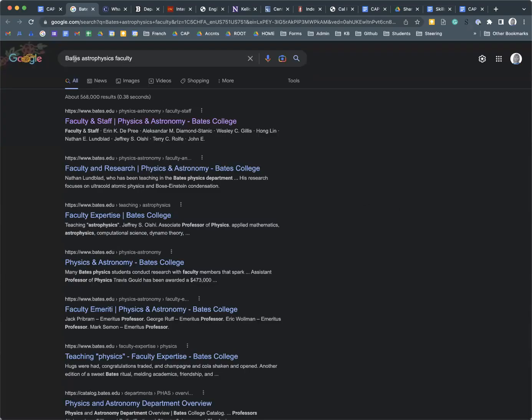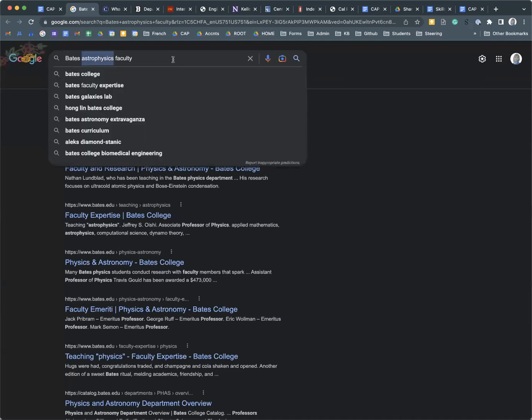Working with faculty. You can do this for both searches, either a large university or a small liberal arts college. Let's say that you know what you want to study and you're really excited about Bates College. So you're going to do a search for Bates, the subject that you're interested in, in this case astrophysics, and faculty. Getting to this is going to be very difficult if you go through the front door. It's going to be hard to dig up, and sometimes it could take you 30 minutes. So put it in your search terms.